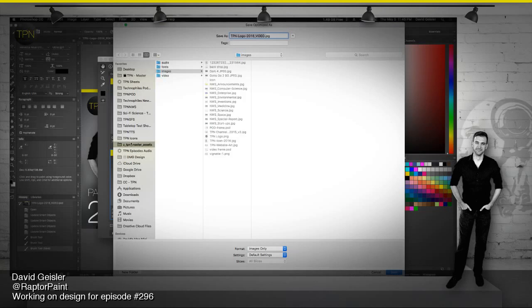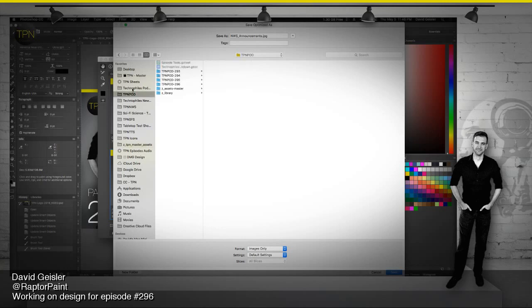I was working on some master assets for the Technophiles newscast. We're coming up with a way to color code each episode for different categories. As you can see, we have computer science, enterprise, environment, inventions, but that's not what I'm working on tonight. Tonight, what I want is